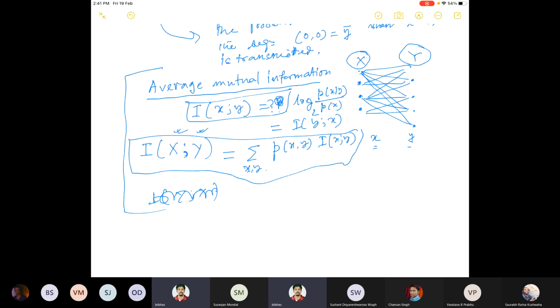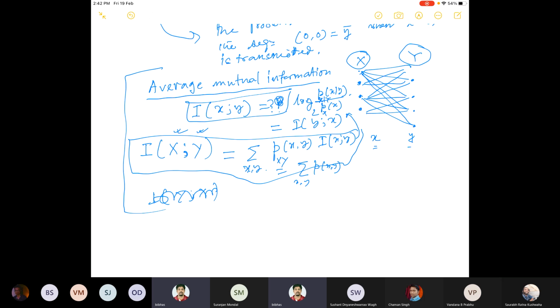Here we used the same notation, p(x,y), and then I again has p. Now p is used everywhere, but all these p's are different. For example, here this is the probability distribution on the joint random variable x, y. In the mutual information definition, this is x given y, the conditional random variable. And in the denominator, it is the random variable for x. So they are all different probabilities, but we used to write only one p to mean everything.